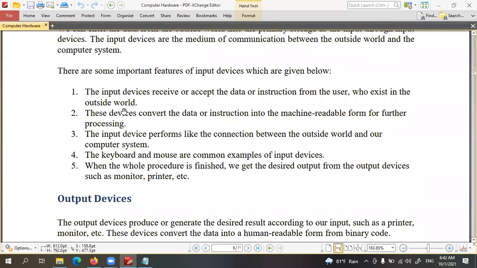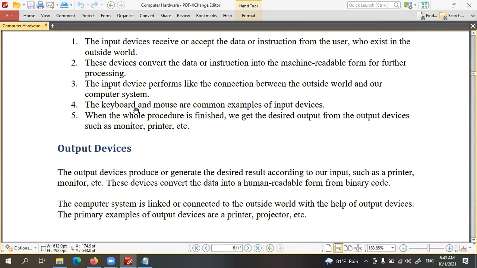It accepts outside data, converts them into digital format and sends them to the computer. These devices convert the data or instructions into machine readable format, that is called digital signals, digital format. The input device performs like the connection between the outside world and the computer, right? So that's a connection that connects the user with the computer.